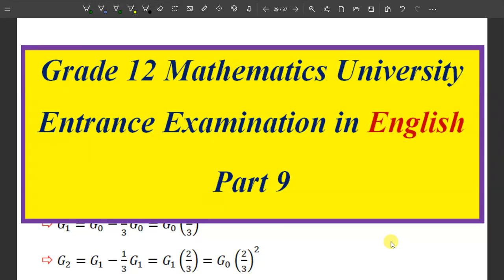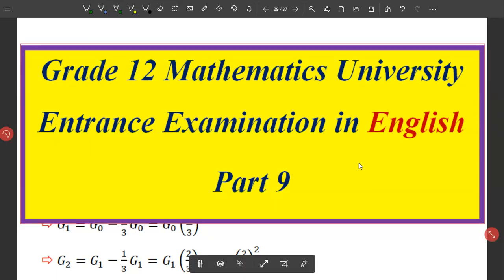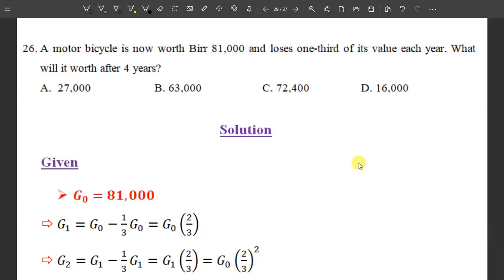This is solved grade 12 mathematics Ethiopian University entrance examination in English part 9, presented to you by Umar Adam Umar. This is going to be the end of chapter 1 of the mathematics student textbook of grade 12, and let us see this question. It is the application of geometric and arithmetic sequence, and therefore let us begin with